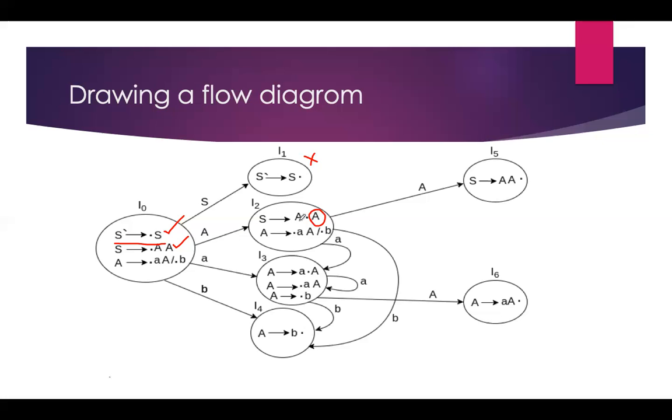Both are capitals, A dot A, and the dot can move over the second A. After the second A we can move it, so that's why there is a chance. So I'm expanding this A here, and what will happen: S tends to A dot A dot. After that nothing is there, so no rules will be included here.